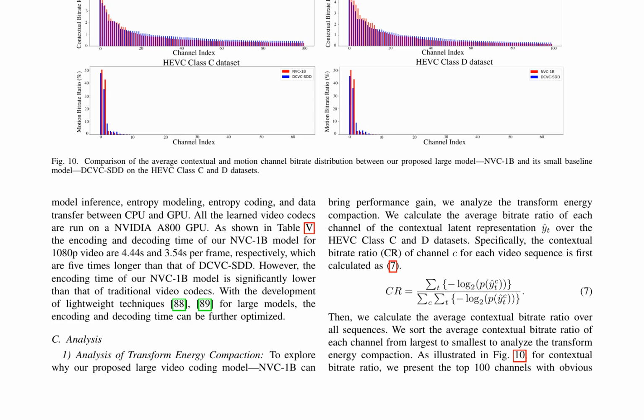The average contextual bitrate ratio is then calculated over all sequences, and the top 100 channels with the largest bitrate ratios are presented in Figure 10. The results show that NVC-1B achieves better transform energy compaction than DCVC-SDD, indicating that the proposed large model is more effective in capturing the contextual information in the video sequences. This analysis provides insight into the performance gain of NVC-1B and highlights the importance of transform energy compaction in video